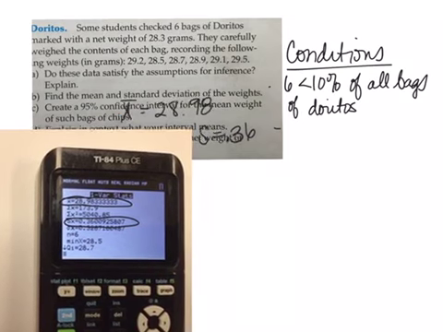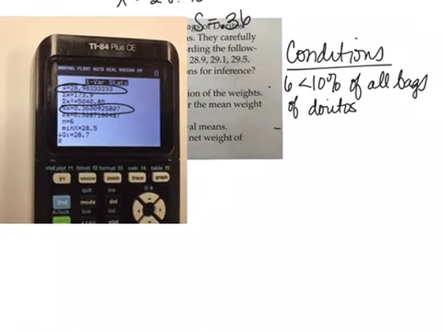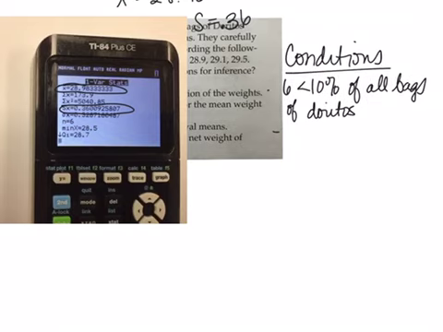It just says they checked 6 bags. But this is one of those cases where we can assume it's representative because there's nothing special about where the bags go, right? So the sample is representative. And the last one is